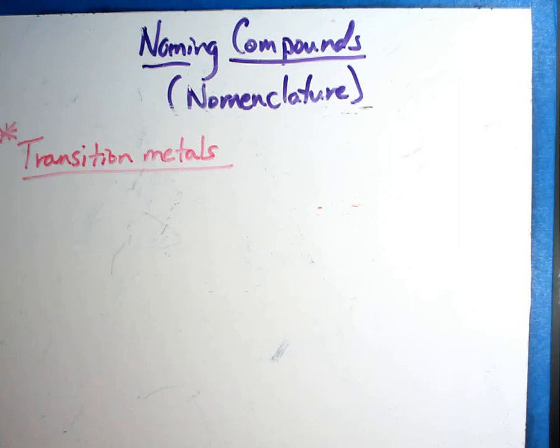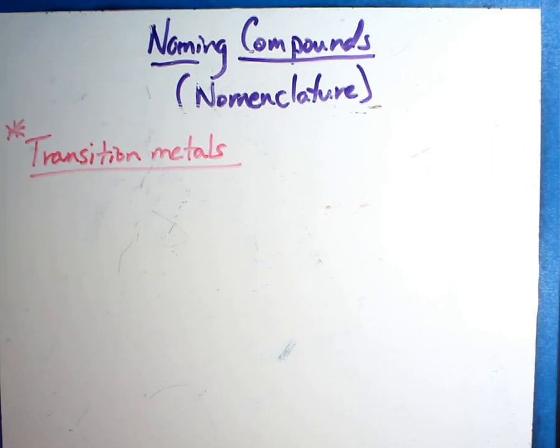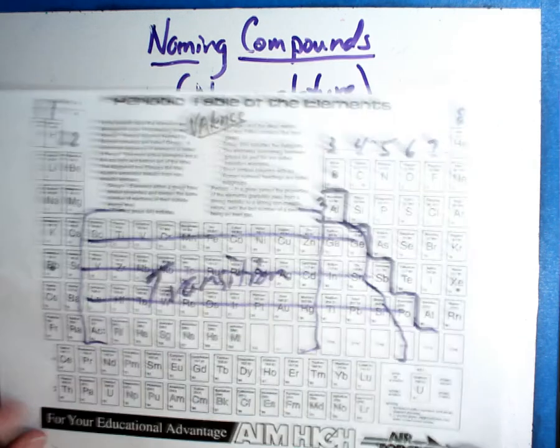In this video, we're going to be talking about naming compounds. And we're going to talk about transition metals. You'll notice I have a star here. This can be one of the more difficult ones to do. I'm going to try to give it to you as easy as I can along the way, but make sure you watch very carefully. Now, going back to one of the charts we've used in one of the other videos,